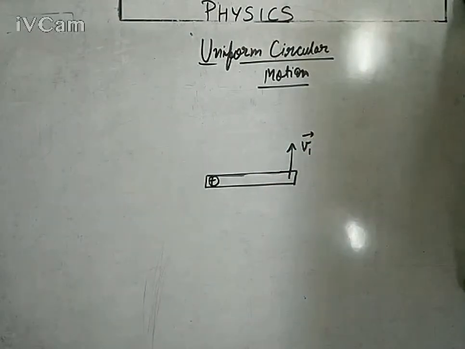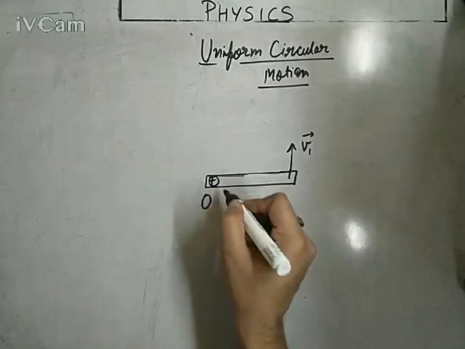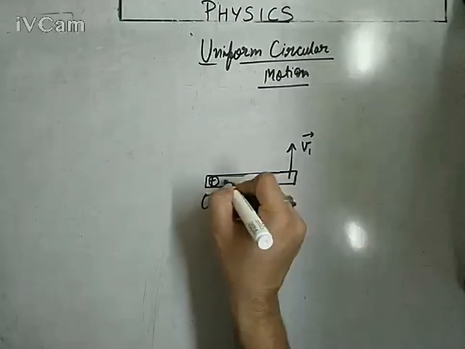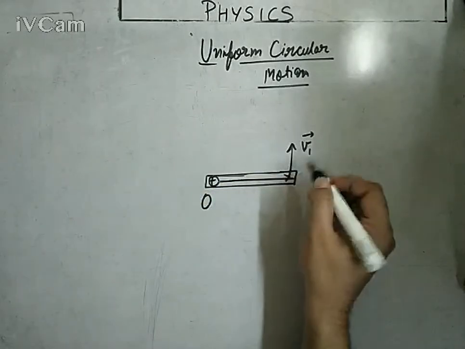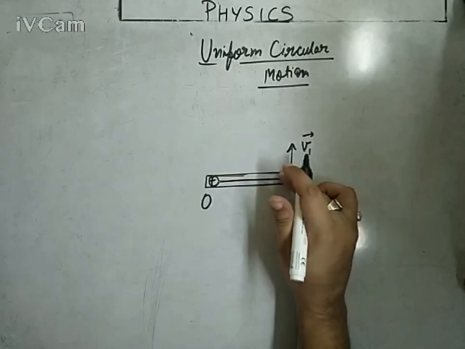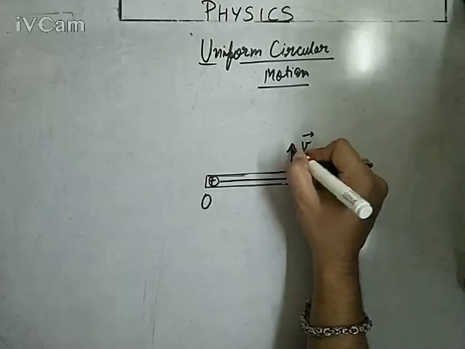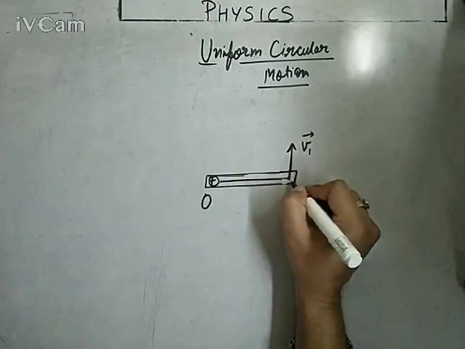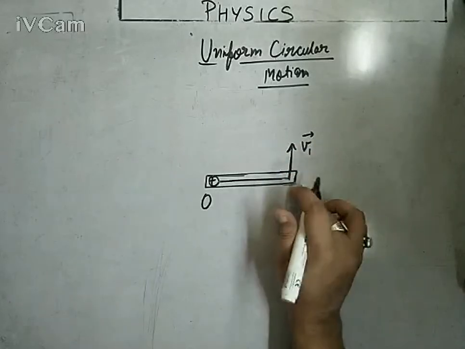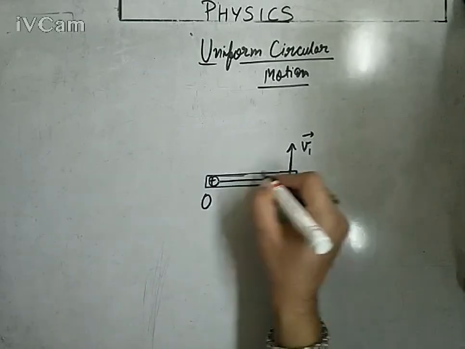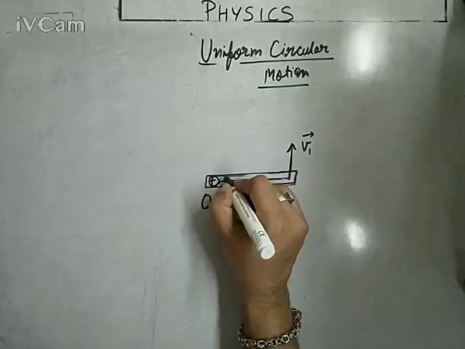Due to this velocity, its position can be observed from the center O, or the reference point O. So definitely it will experience two types of forces. One, the force which is trying to accelerate the body from rest to velocity v vector, and the second, the force which is holding the body, the molecular force.